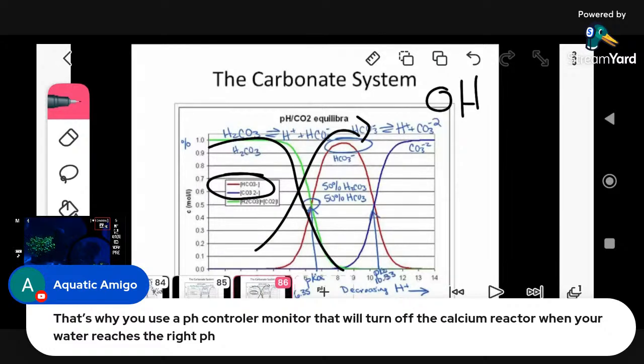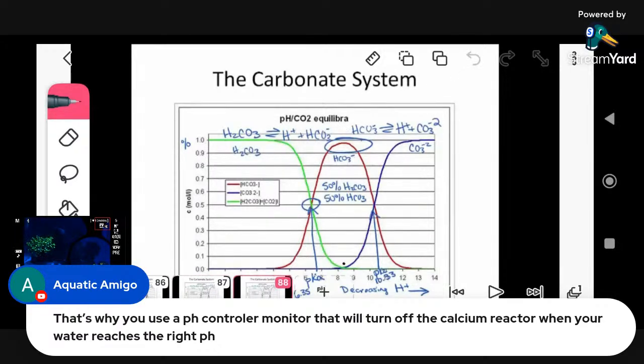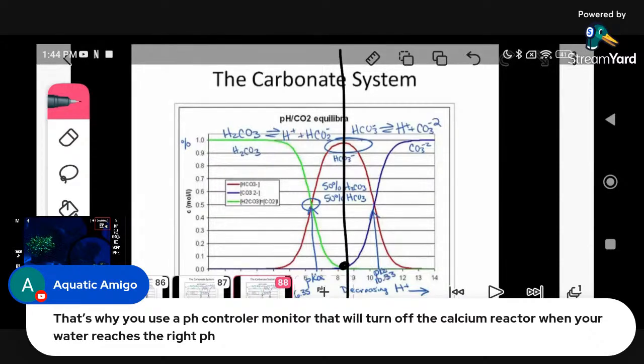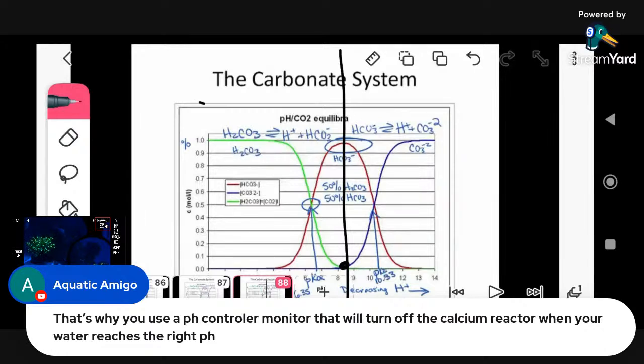imagine you're making baking soda. So when your pH is at sea level, I mean, this is sea level, at around 8.3, let's say that's sea level. When you increase the pH with the kalkwasser, you decrease the acidic levels, the carbonic acid. That's carbonic acid,